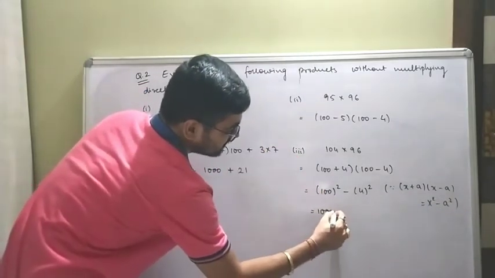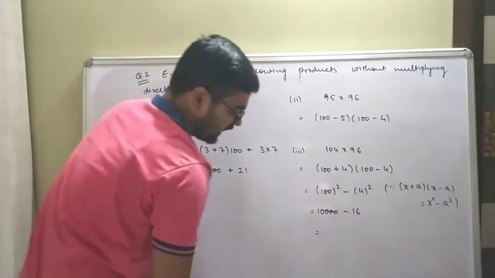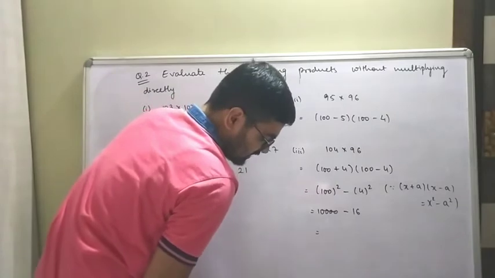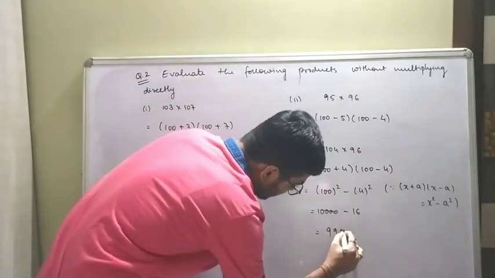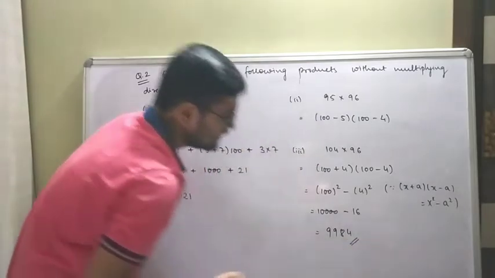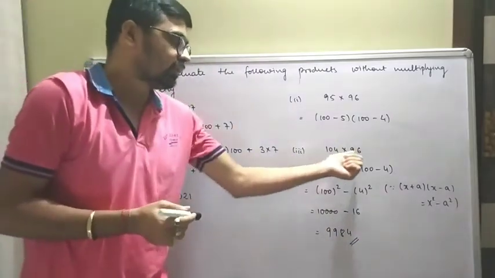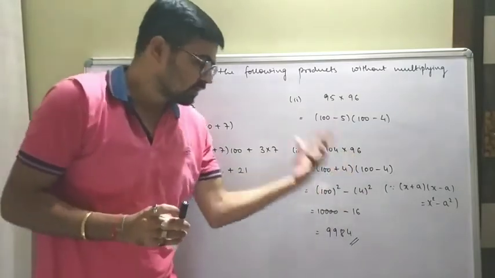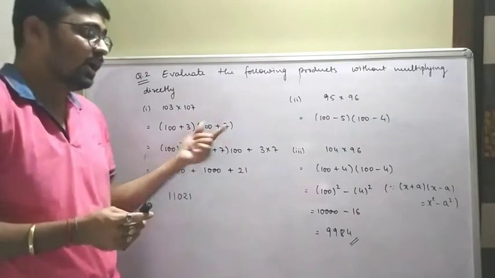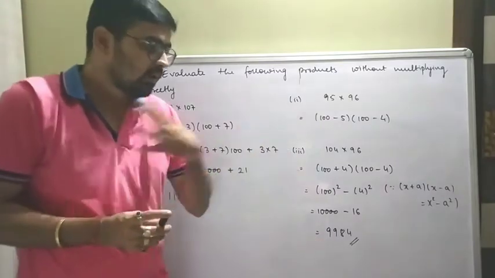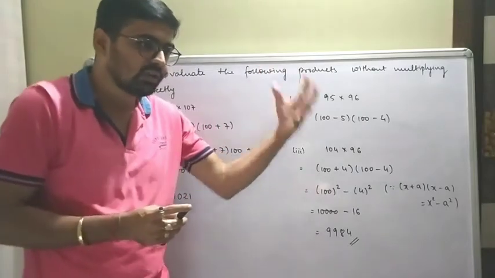100 square is 10,000, 4 square is 16. Correct. And you need to simply subtract this, so that will be 9,984. This is our answer of question number 2, third one, 104 into 96. Now by chance, if you have applied the same formula which we have applied over here, you will still get the same answer. What I try to show you is that we can think in such a way that